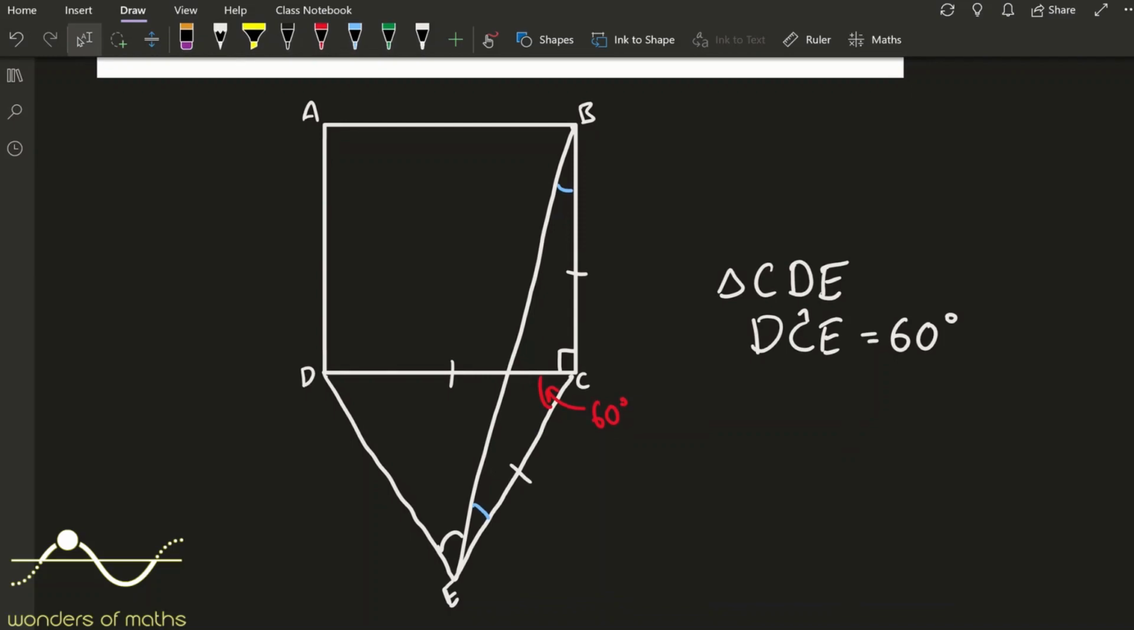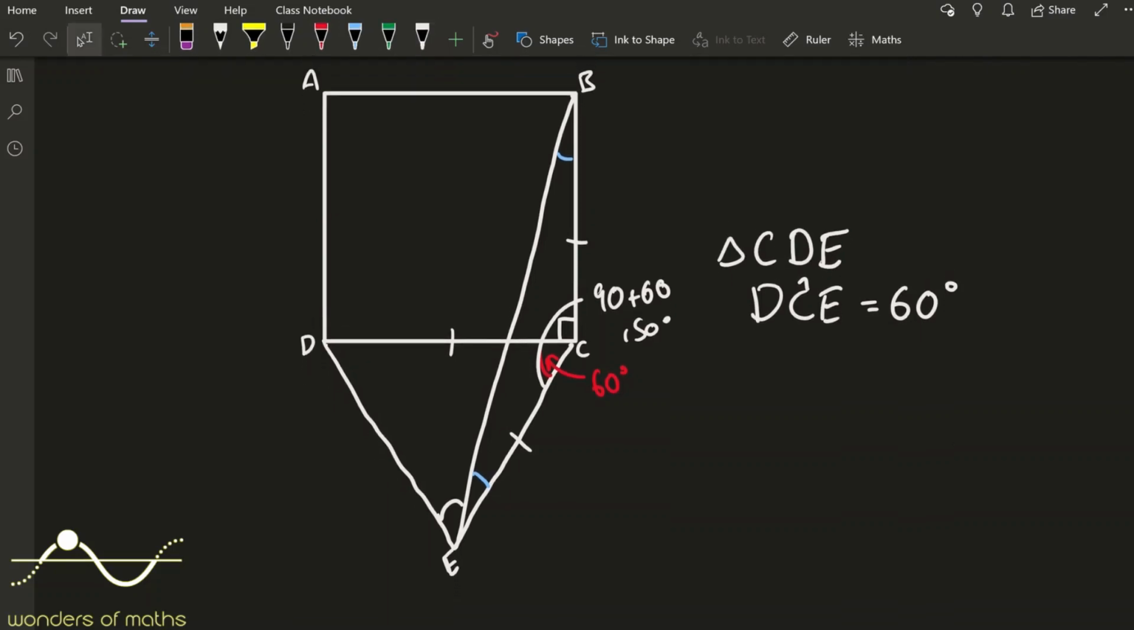So, we can calculate what they are. We know that angle DCB is 90, and we also know DCE is 60. So we know that the overall angle here is going to be 90 plus 60, which is 150 degrees. And since we know that the angles in a triangle add up to 180,